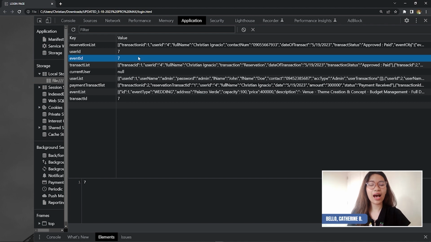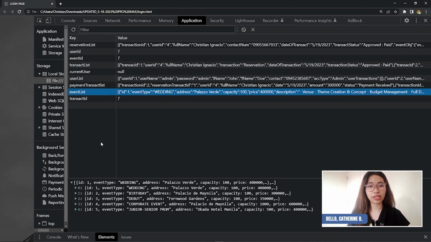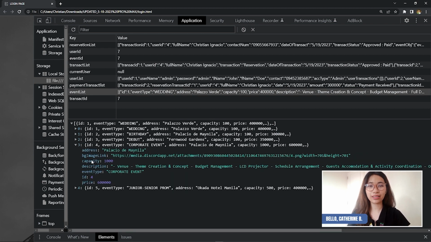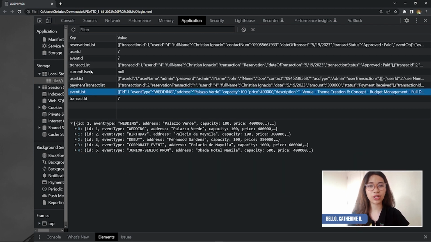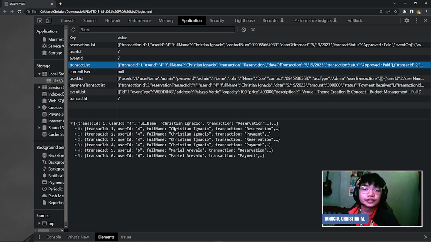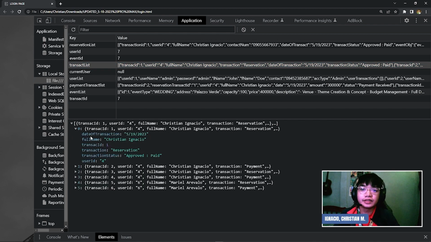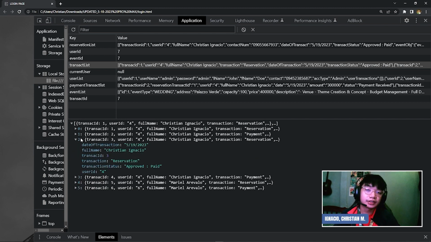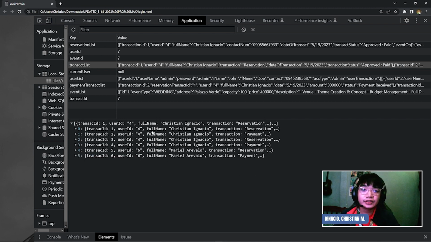Event list key, an array holding events class objects with event details which has the properties ID, event type, address, capacity, price, description, and background image link, and a transact ID key for ID assigned to new transaction requests. In addition to that are the transact list key, which is for an array storing transaction class objects with the properties transact ID, user ID, full name, transaction, date of transaction, transaction status,